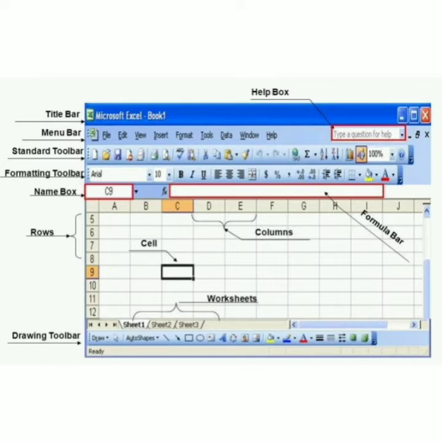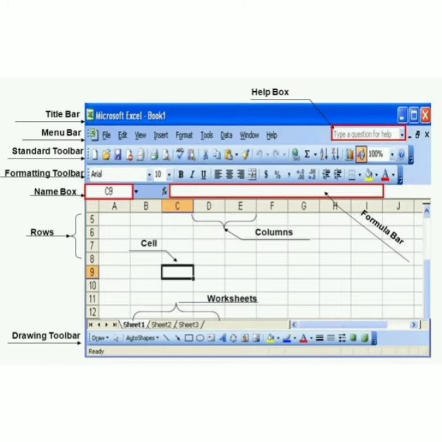Next is scroll bar. In Excel, there are two scroll bars, horizontal and vertical. Row header. Each row in Excel is represented by a specific number which is present on the left hand side of the worksheet. This number is known as the row header.